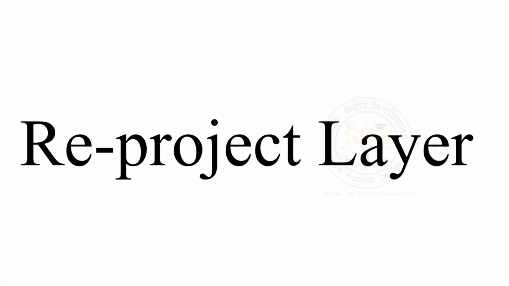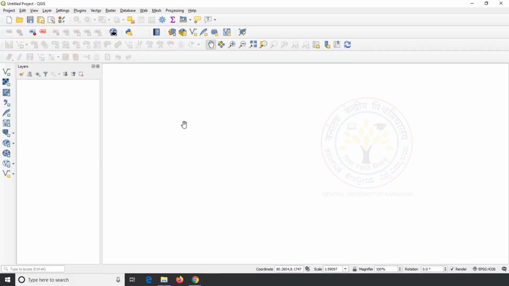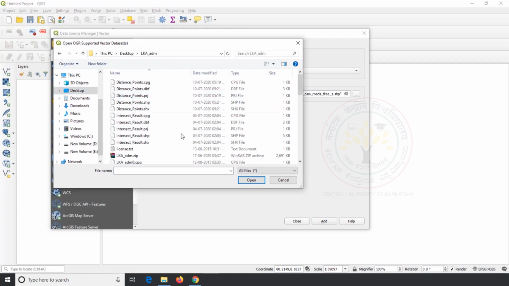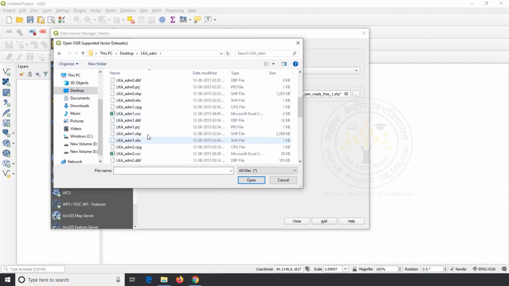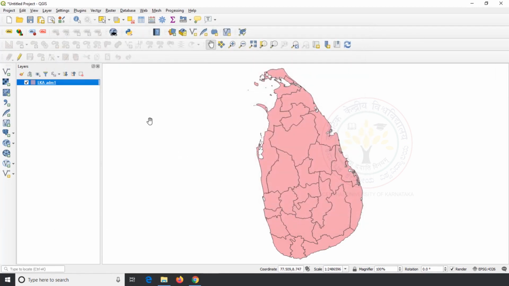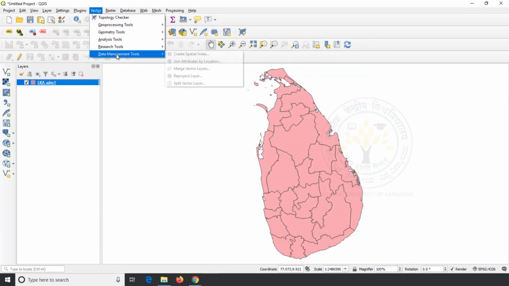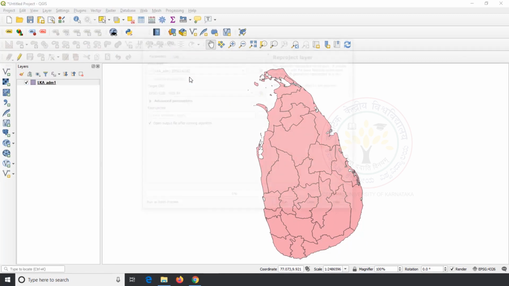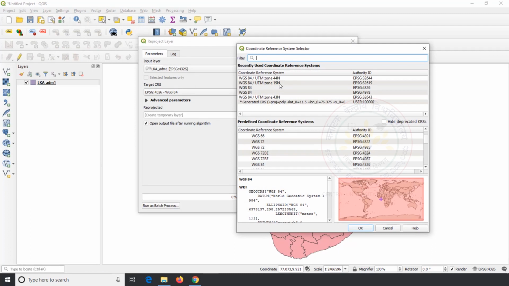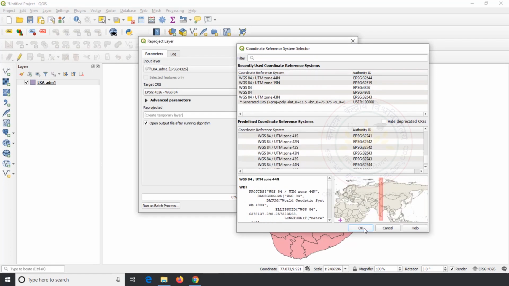Reproject layer tool is used to reproject the data. I use admin_1 as input data and define the target CRS as WGS 84 UTM 44 North.